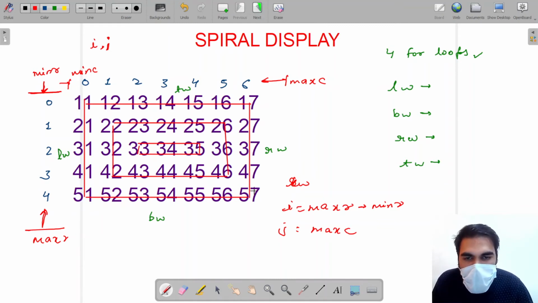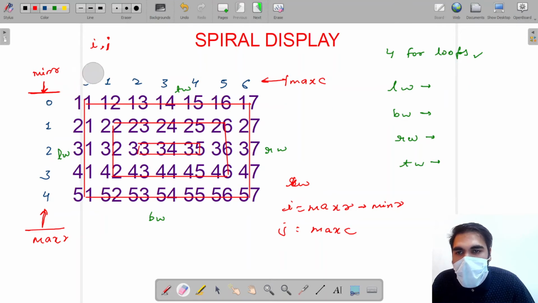So to reduce this duplicacy, while traversing the left wall, you have to increase your min column by 1 after the left wall, so that your next traversal will move from this position, because your bottom wall will move from min column to max column.